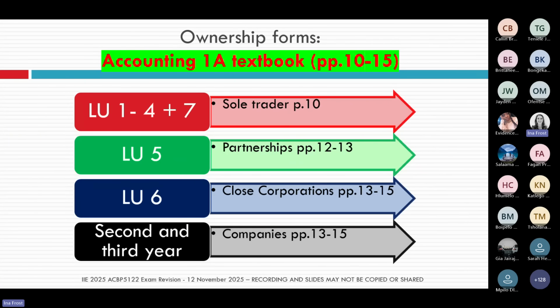For this, again, you can go back to your first semester textbook. So remember earlier, myself and Tumi, you'll remember we showed you the video, spoke about the importance of page 53. But here is another page that is important from last semester's textbook, and this is pages 10 to 15 in your Accounting 1A textbook, because in there is a discussion on each of the 4 ownership forms. So please go back to your first semester textbook and just go through this information.